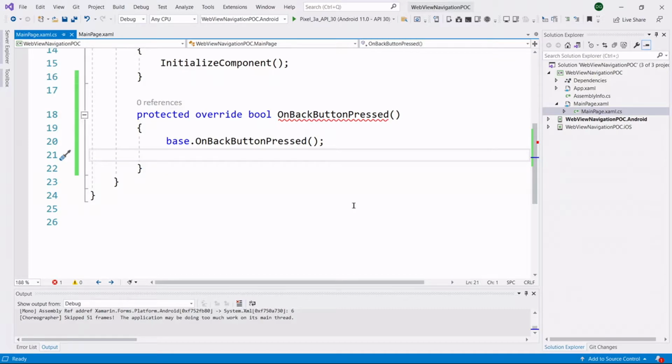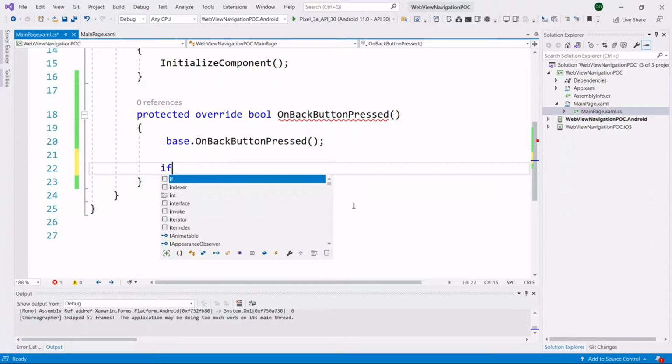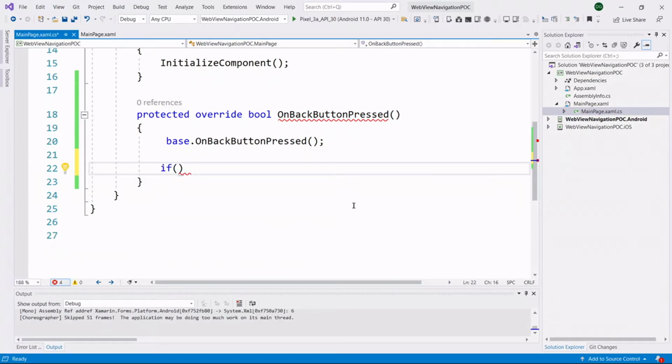Xamarin Forms web view contains one predefined property. With the help of this property, we can detect whether the user has any previous pages available or not. So with the help of this property, we can detect and write our required code to go to the previous page in our web view page. So here I am writing the condition for going to the previous page.